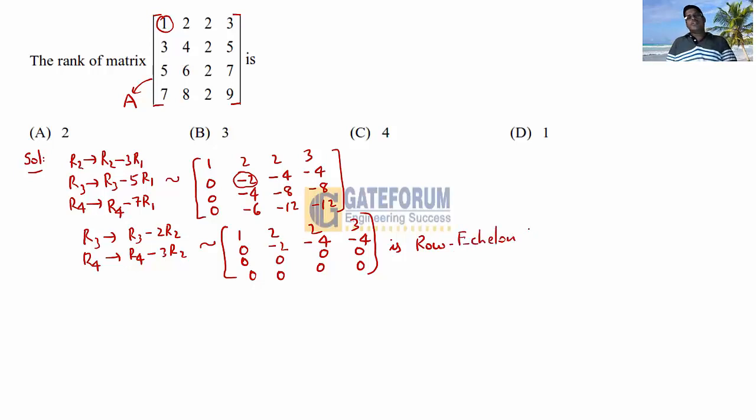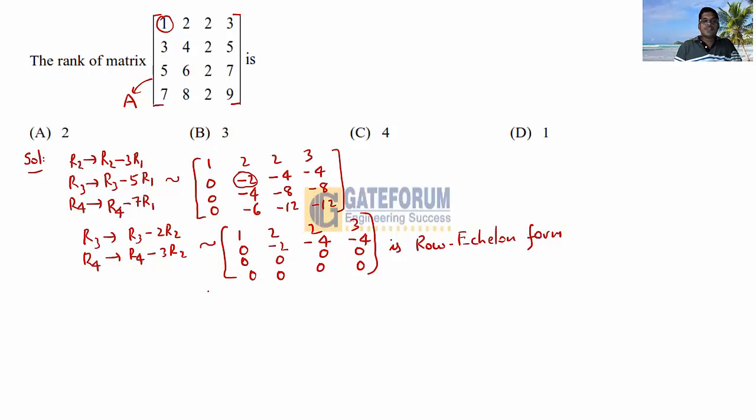That is, we should make the matrix such that the number of zeros before the first non-zero element in each row should be less than the number of such zeros in the next rows. That is called row echelon. Zero rows, if any, belong to the bottom of the matrix. Here, the bottom rows are the third row and fourth row. How many non-zero rows? 2 non-zero rows.